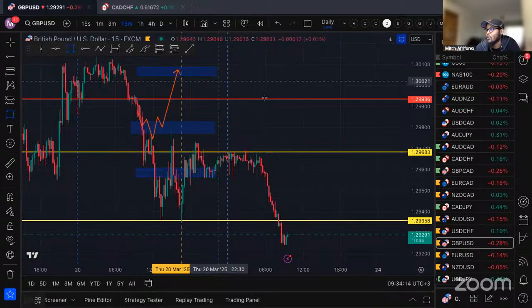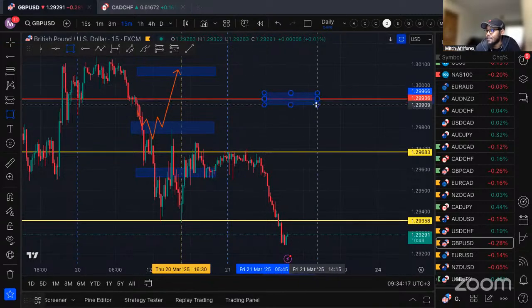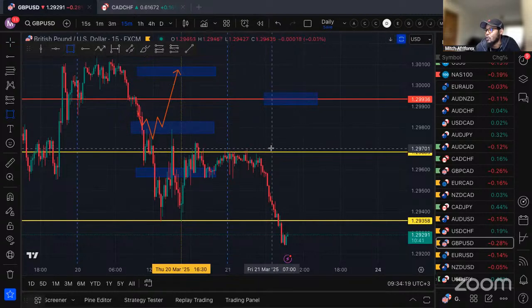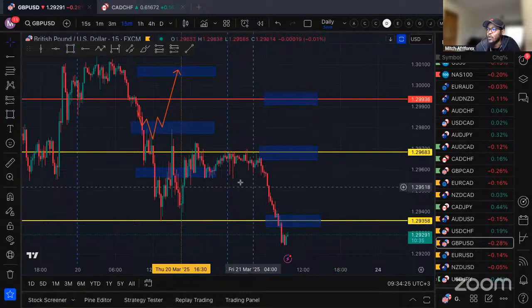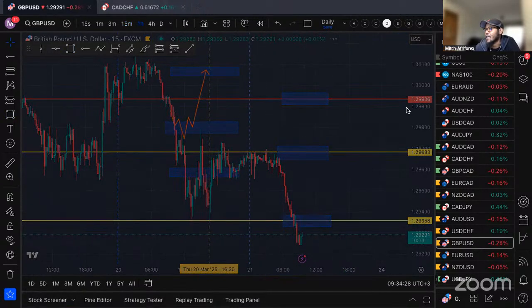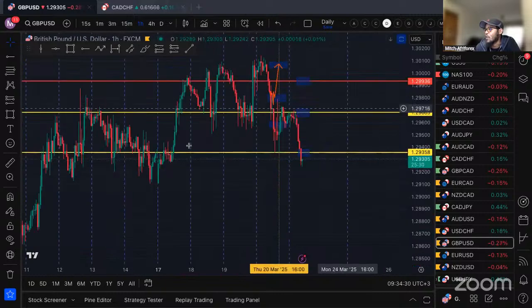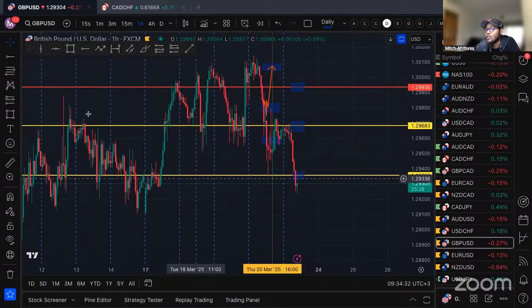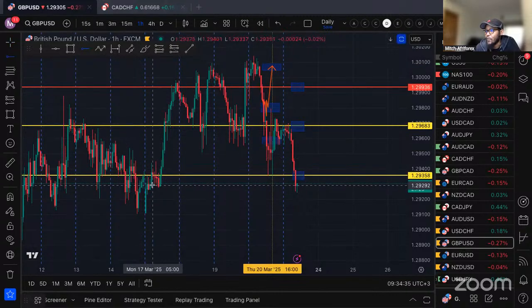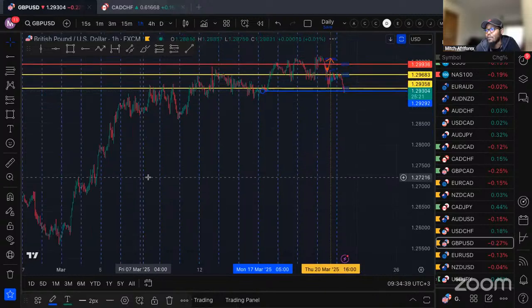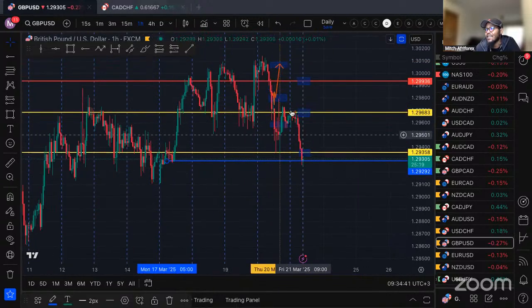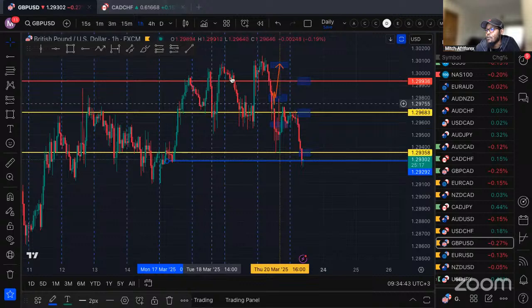But the good thing about today is that it is still on our watch list. However, we are going to be looking for selling opportunities on this pair today. So right now, we can see we are within an area where the buyers seem to be attempting to breach this area to the downside. So especially if I go up to a higher time frame, even though you could end up starting to jump in on sells, you can see we have some sort of problem area right here. Since this market has been coming up for quite a bit, there's potential that we might need a bit more of a pullback. But we can see how much the buyer has really struggled to go to the upside,